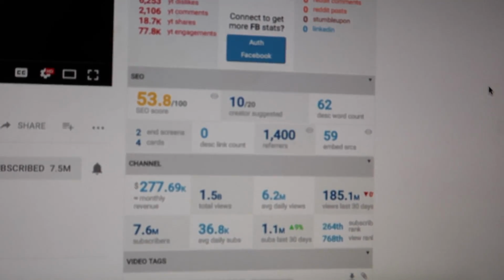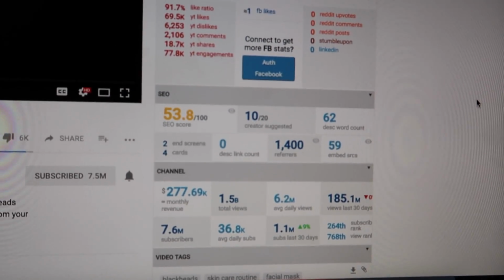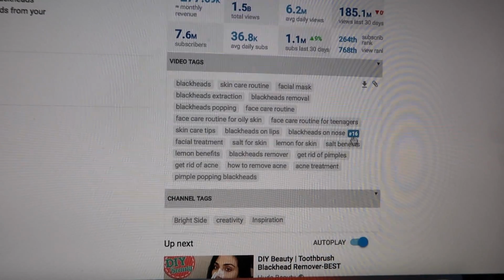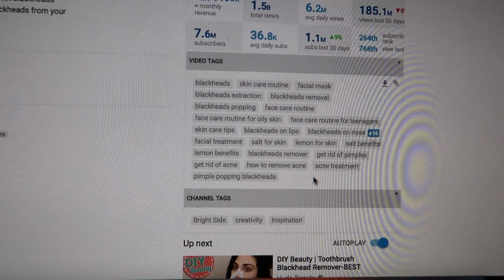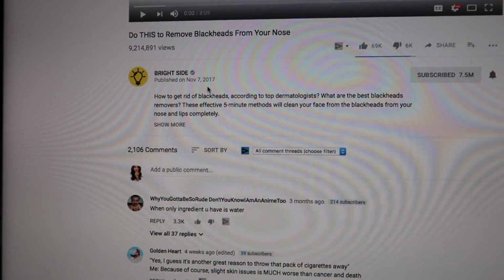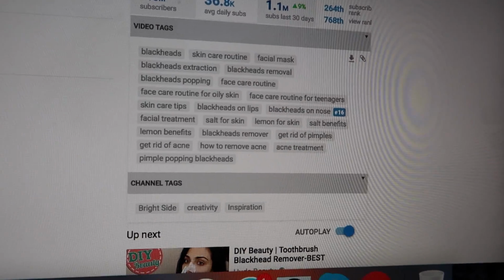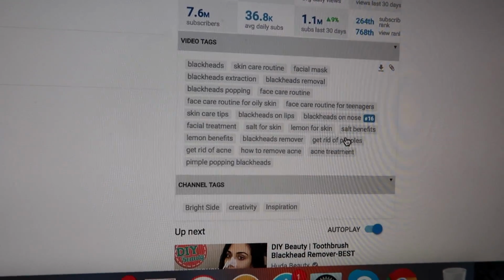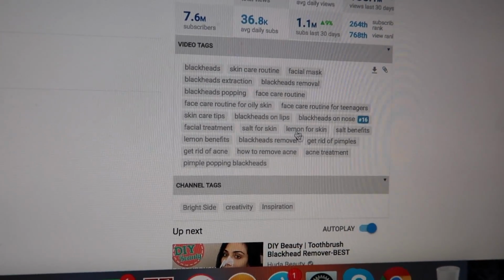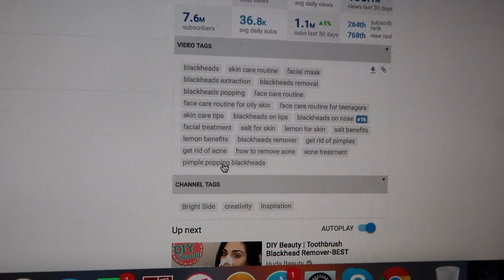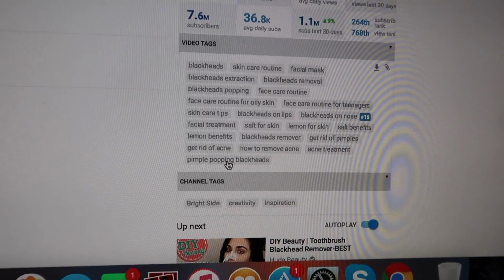You get to see how much money people are making with VidIQ. So you see all their stats. Also, you get to see what video tags they use. So if you were to make a video on how to remove blackheads from your nose, you can steal their hashtags as well. And maybe you can use the same ones, or if you'd like, you could reword them, use these as keywords or whatever. But I'm just showing you the options that come with having VidIQ basically.